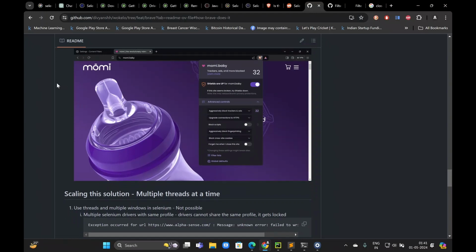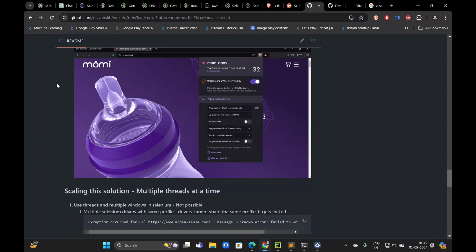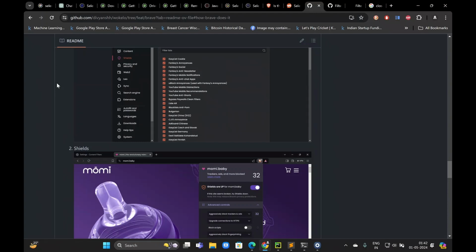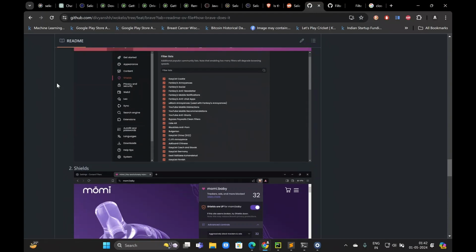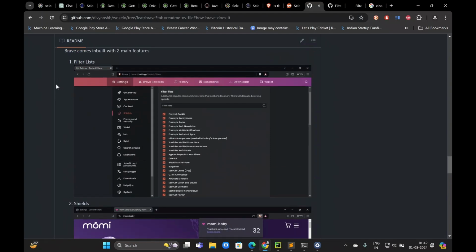Another reason we can use Brave instead of going for Chrome right now is that all these browsers are basically Chromium-based browsers. Chromium is an open source browser, and these browsers are basically extensions of it. Chrome, Edge, Firefox, Brave, all of these are extensions of that. So again, it's an inbuilt solution. We don't have to do anything. In Chrome, we would probably have to build this kind of solution. We'll come to that at the end, how this can be done in Chrome